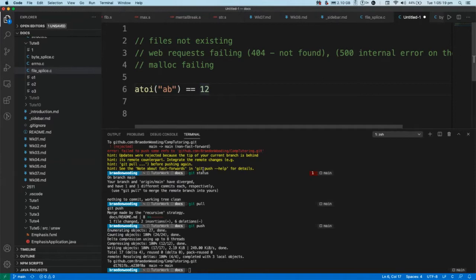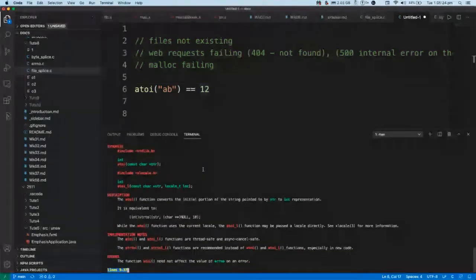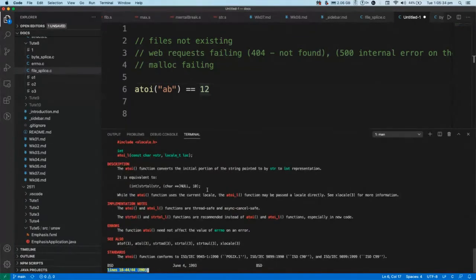I can actually open this up. We can read through the man page here and see that what it does is it just uses strtol, right? And it passes NULL as the endptr and base 10. Interesting. So it does not need to affect the value of errno, which means it probably won't. It's thread safe and everything, but more importantly, it's basically just strtol. So if we look at what strtol does,